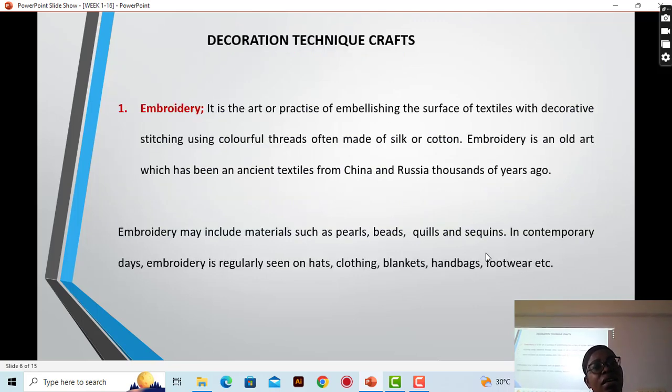So decoration technique crafts, which are the examples I just gave. So let's look at what embroidery is. We know what embroidery is anyway, but we still go through it. It is the art or practice of embellishing the surface of textiles with decorative stitching using colorful threads. Please note decorative stitching. If you just say stitching, we have so many ways of stitching, but this one is decorative, and we use colorful threads called